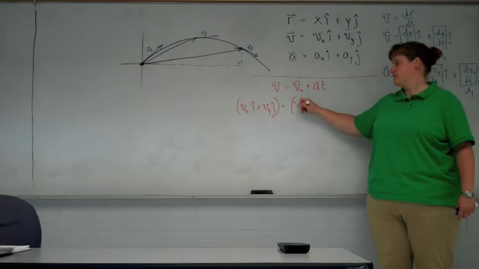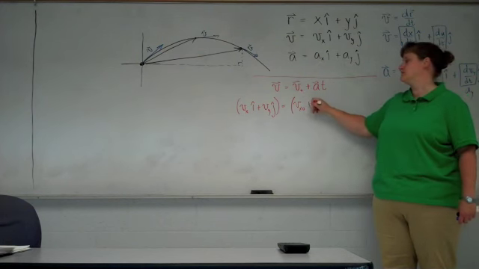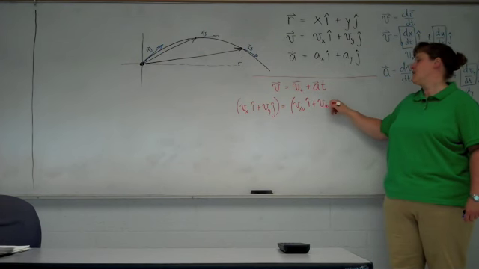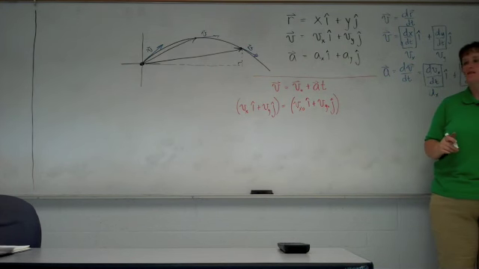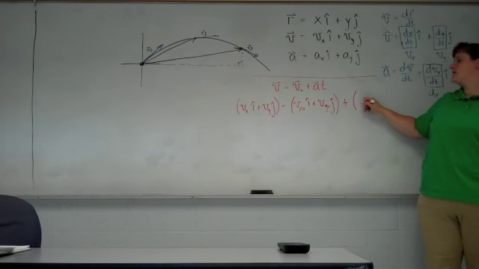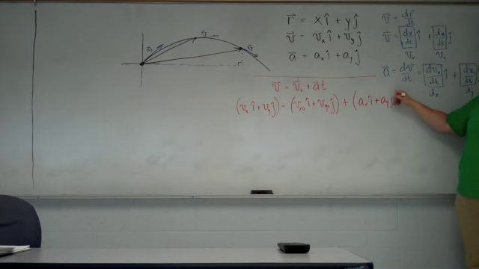Initially, we'll say vx naught to represent the initial velocity in the x direction. vy naught will be the initial velocity in the y direction. Acceleration, x component, y component. Time is a scalar. It's just a number. It's like multiplying your vector by 2 or 3. So the scalar just factors in and multiplies by each component individually. So what we end up with